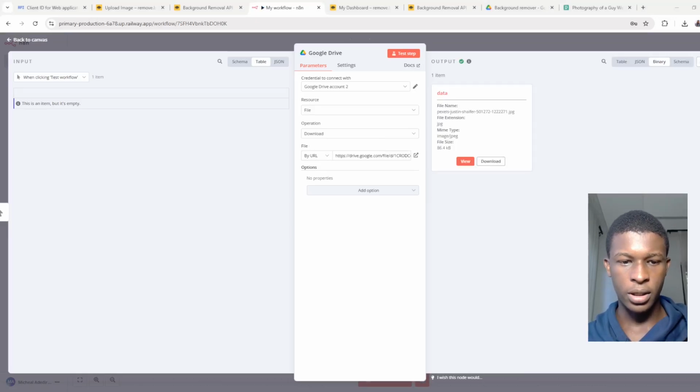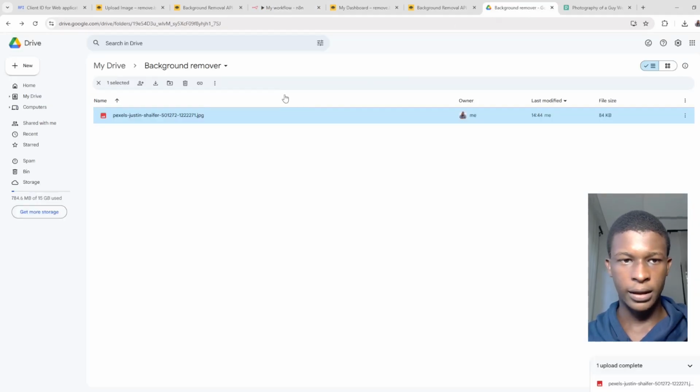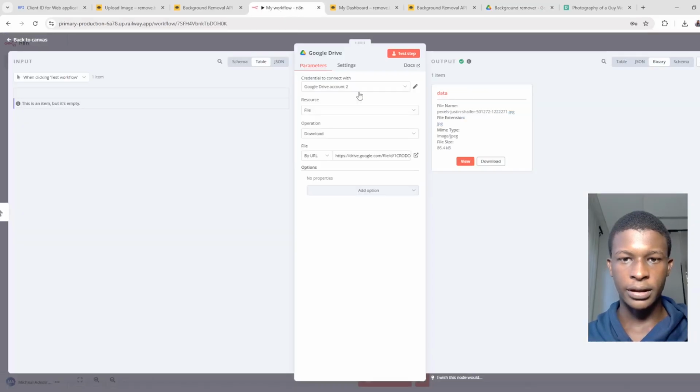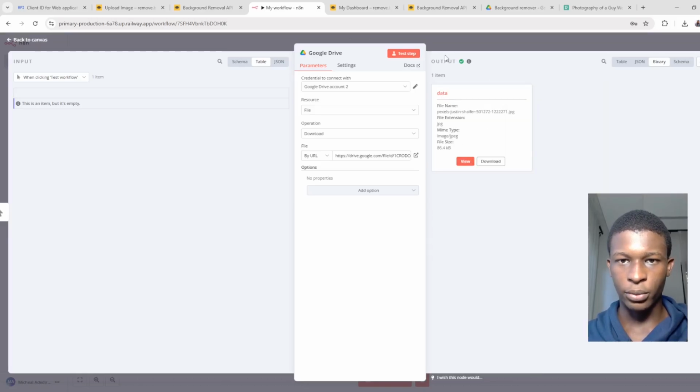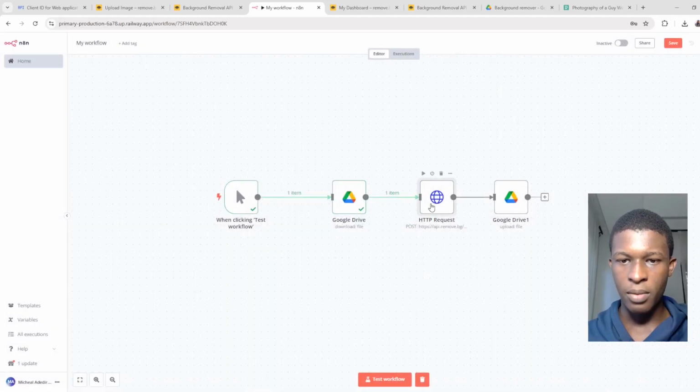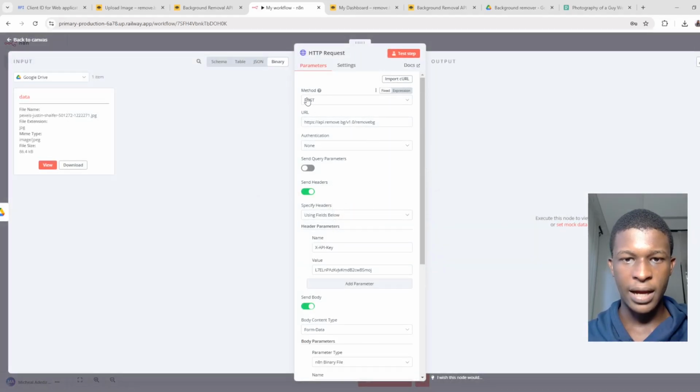What I just used here was the link by URL, because this over here is a folder, so it's inside a folder. What I need is the file URL itself, not to make this system complex. So now we have this view, so you can just view the image, and you could also download the image if you wish. Okay, now here's our main HTTP request, and here we have a POST request where